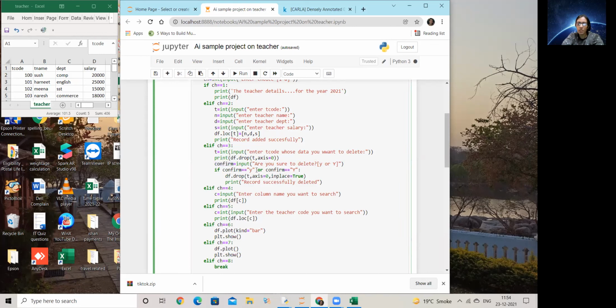If the confirmation is small y or capital Y. Now, I have not kept many variations to it. कि वो yes, Y, ES भी डाल सकता है, capital Y, ES भी डाल सकता है. Not that. I have mentioned, please enter small y or capital Y, or small n or capital N. But I've only checked for that if the confirmation is either small y or capital Y, then go for the permanent deletion.